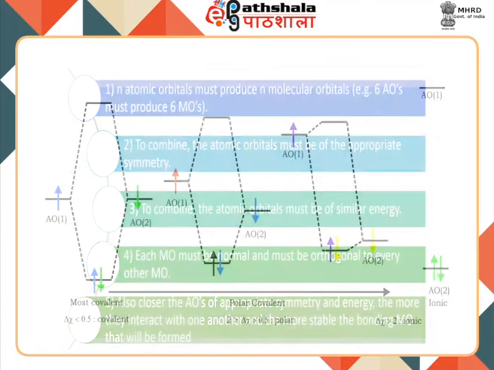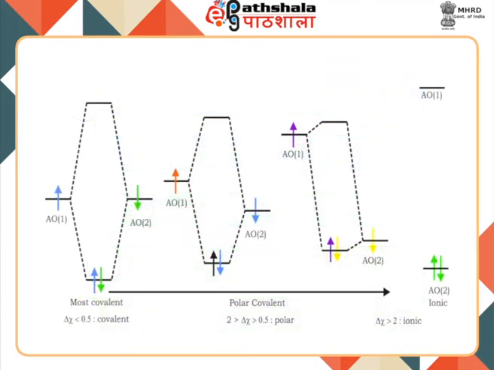It means that as the difference in electronegativity between the two atoms increases, the stabilization provided by the covalent bonding decreases, and the polarity of the bond increases. If the difference in the energy of the orbitals is sufficiently large, then covalent bonding will not stabilize the interaction of the atoms. In that situation, the less electronegative atom will lose an electron to the more electronegative atom, and two ions